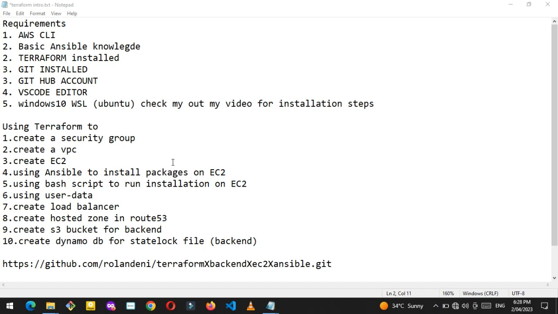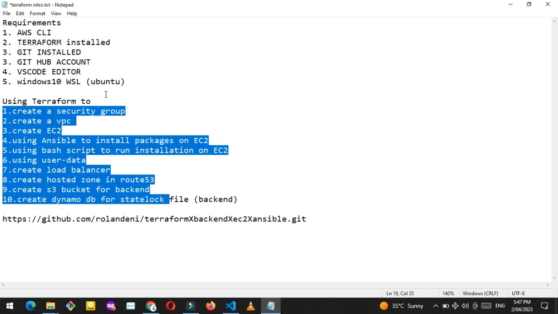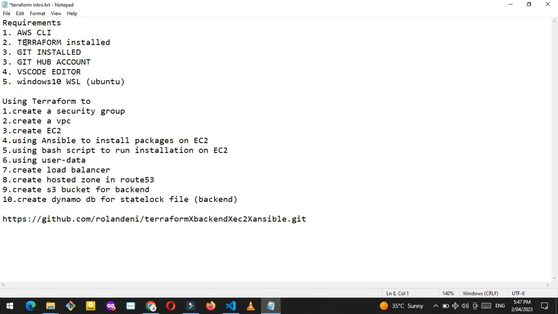So one thing about DevOps and cloud engineering, there are multiple ways to carry out every task. There are multiple ways to carry out any project, but the only thing you have to make sure you do is that you follow standard practice and procedure so that you can avoid any kind of errors or any kind of security breach. So there are many ways. You might have better ideas on how to carry out this project, but just make sure that you're following standard practice and standard procedures. So the requirement that you need is just a little fundamental knowledge of